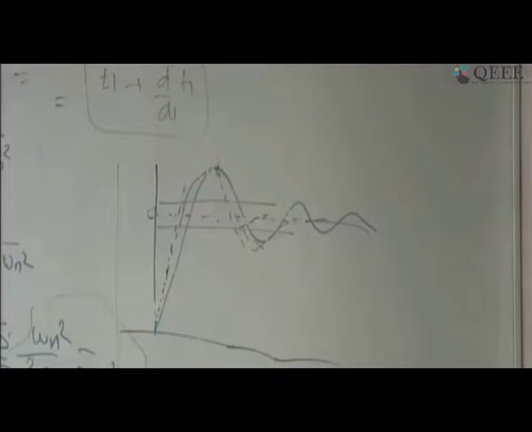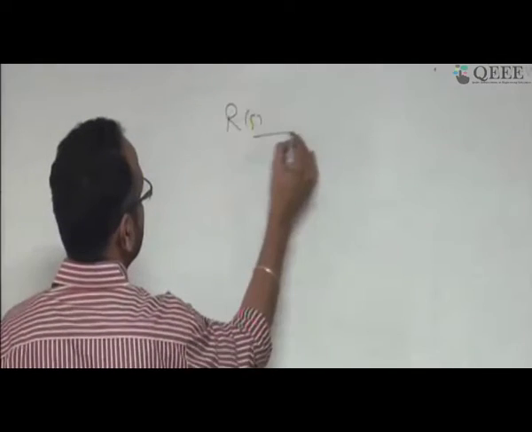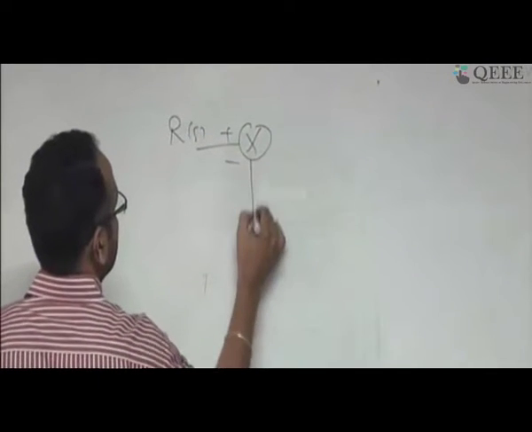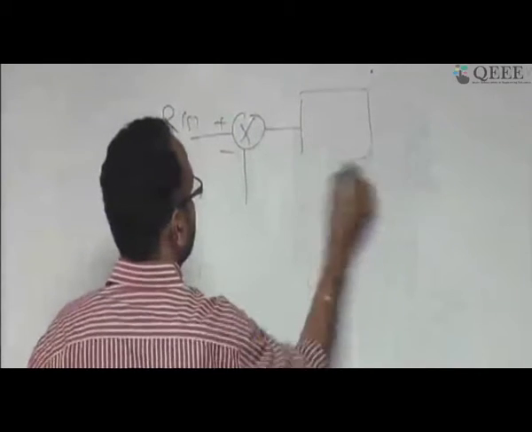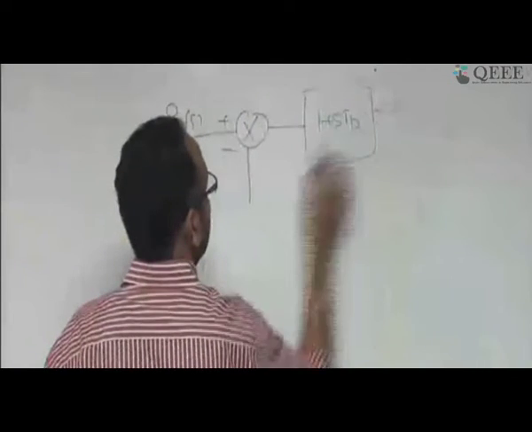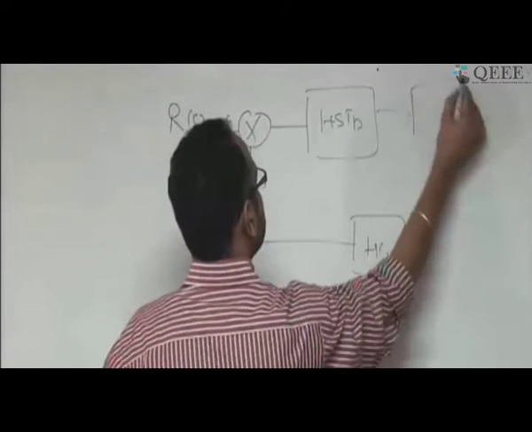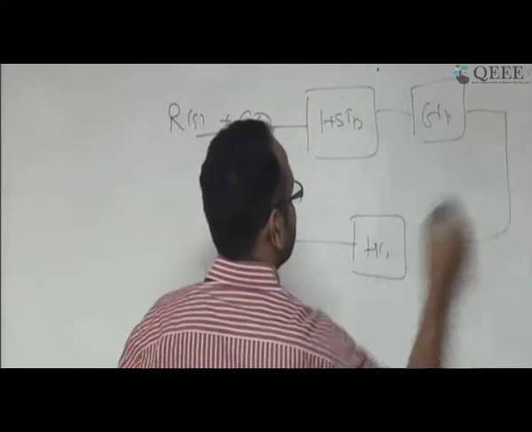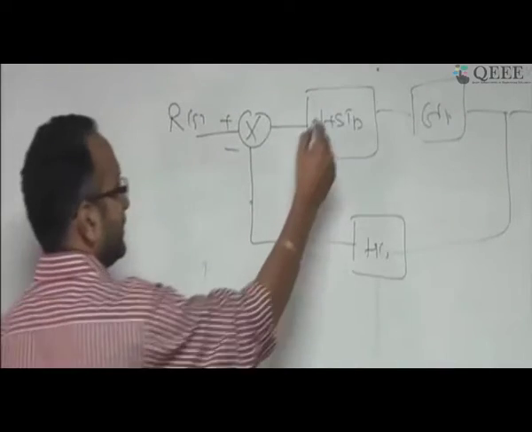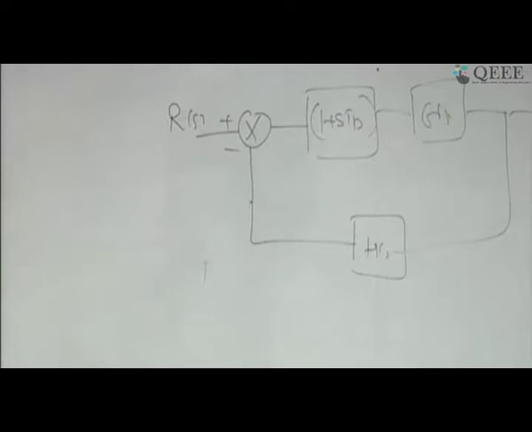Okay, so this is what I wanted to convey in this part using a proportional plus derivative controller. One aspect one has to worry about when working with the derivative controller. For the derivative controller, what happened? This is my input, and this is my 1 plus sTd, which I have talked about, and this is my feedback path, and this is some transfer function I am getting. This is standard, and I have analyzed it.